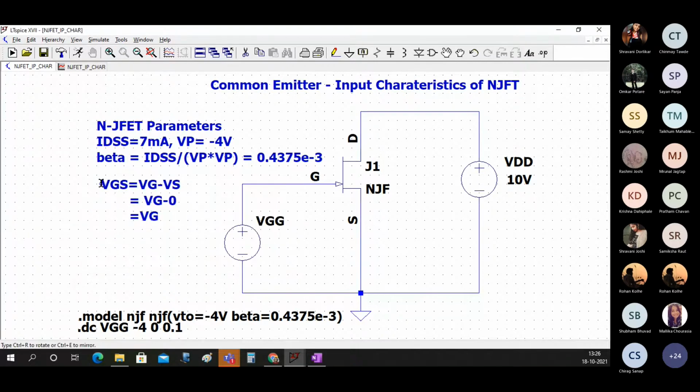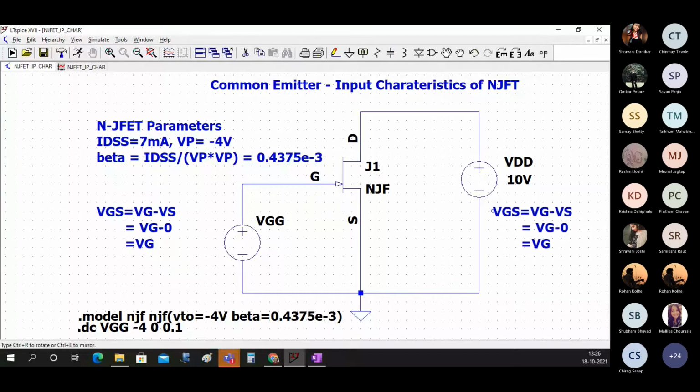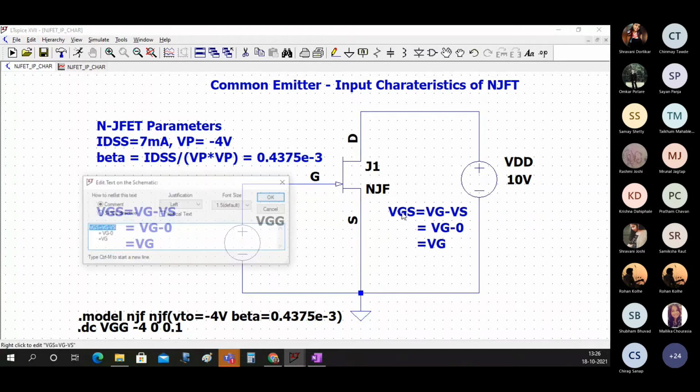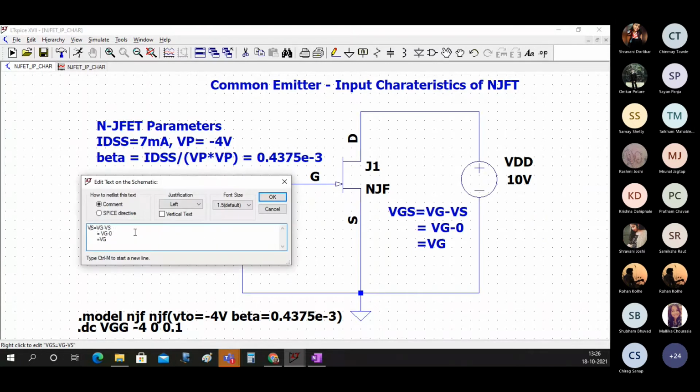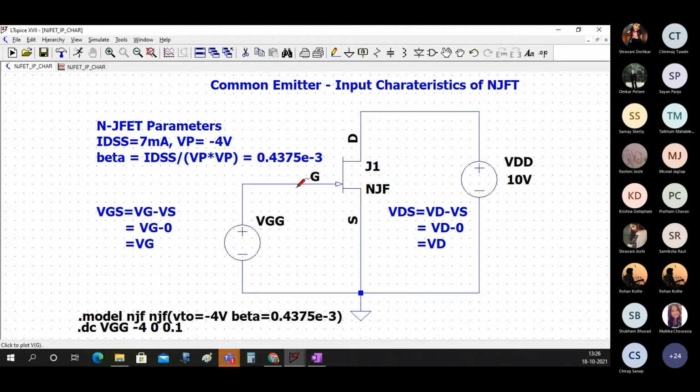So VGS is like this. Okay, this is my VGS, and similar logic can be applied to VDS as well. So instead of G, you can just replace everything by D. Just mention that VDS is simply V of D.